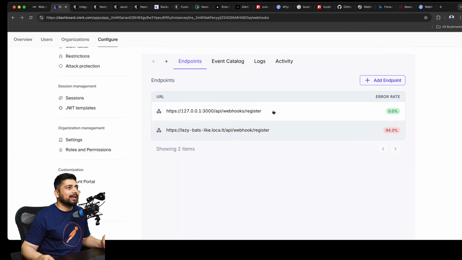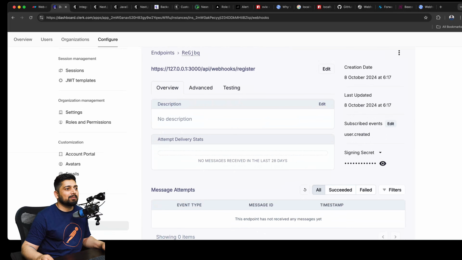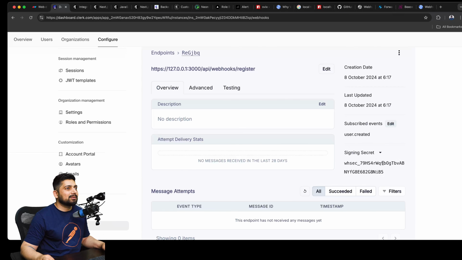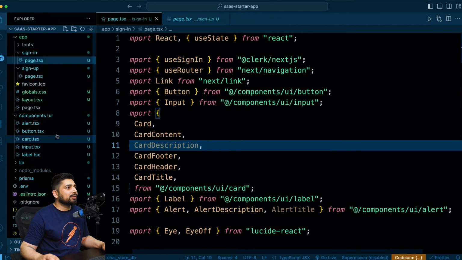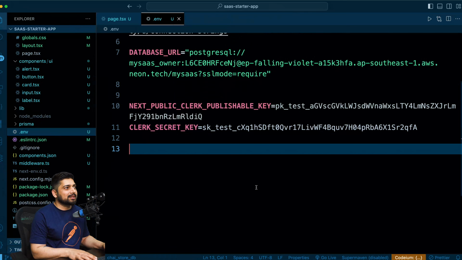Anyway, if you go on to any of the webhooks, like we created this one, each webhook will give you this signing secret, and this needs to come with us. So step one is, obviously, let's go ahead and add this into our application. I'll just go here and copy this, and go back into our application, go into our environment variables. Obviously, I'll be removing all of them as soon as I publish the video. So let's just call this one